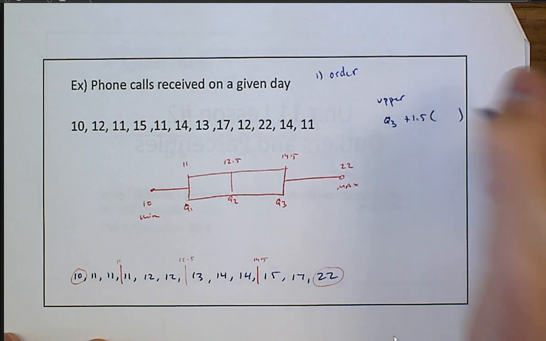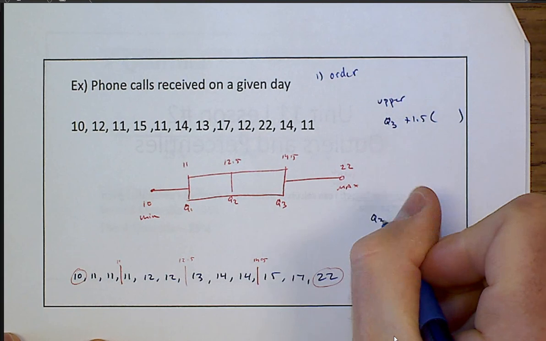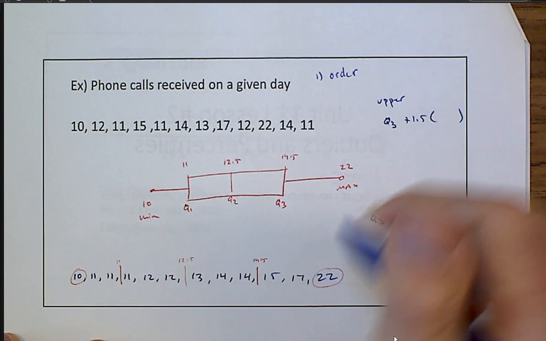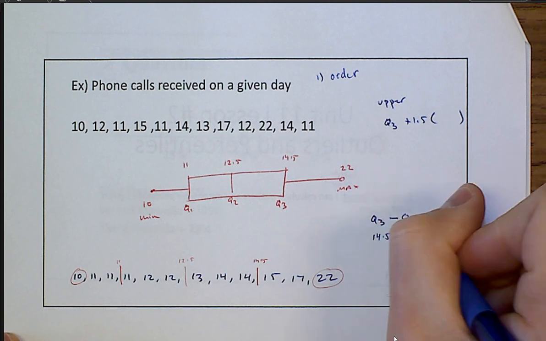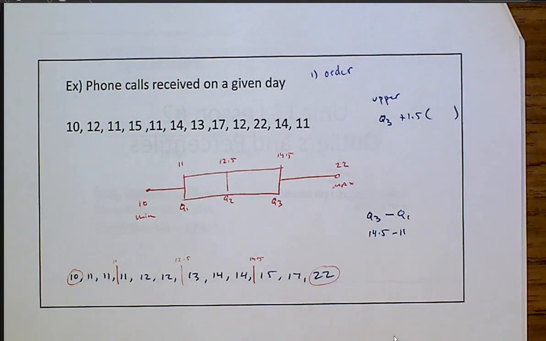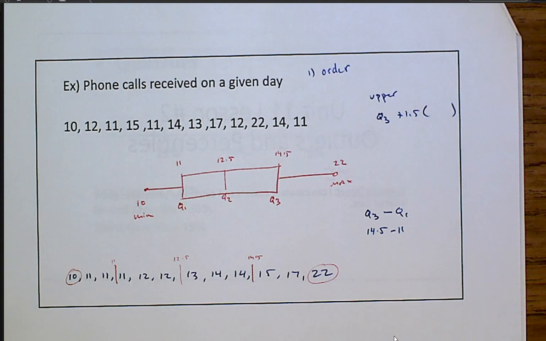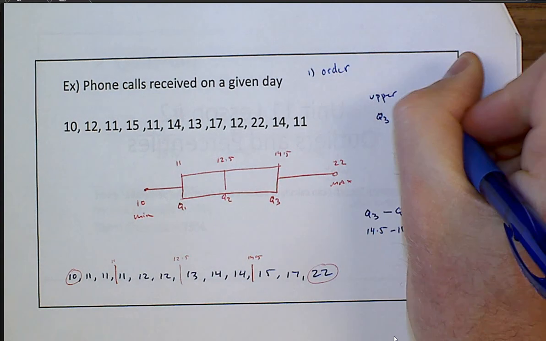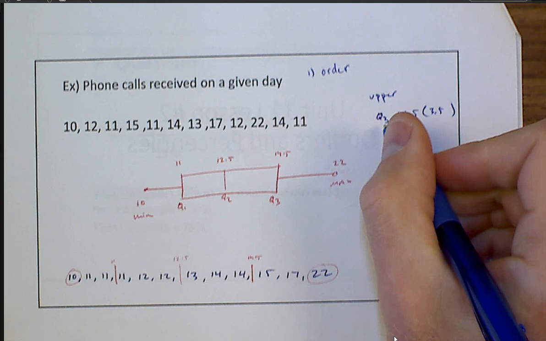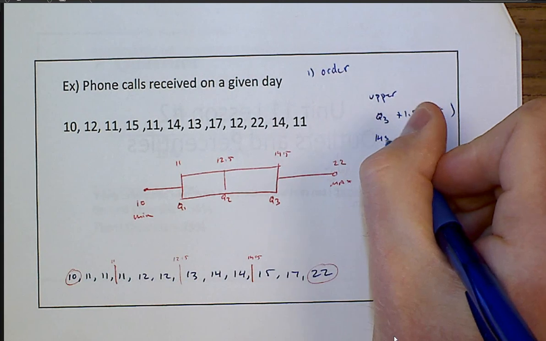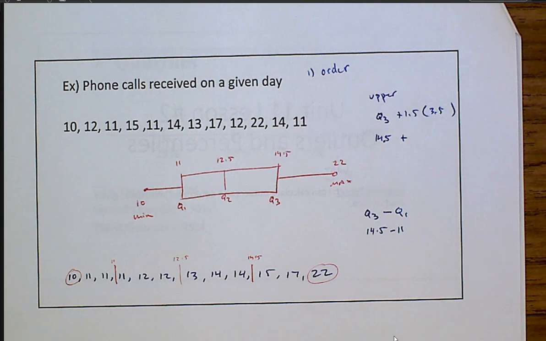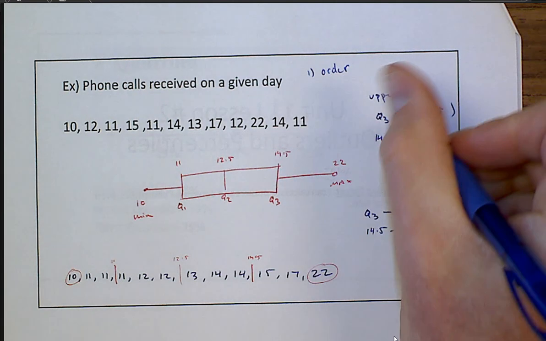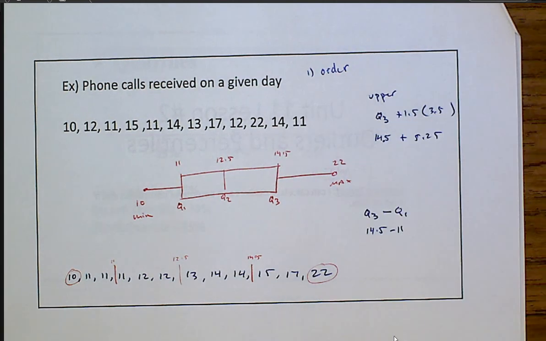What is the IQR? That's where we take Q3 and subtract Q1. So basically we have 14.5 minus 11, right? And we should just get 3.5, right? 14.5 minus 11, we should just get 3.5. All right, so Q3 is 14.5 plus 3.5 times 1.5, which is going to give me 5.25, and I'm going to add that to 14.5, and I get